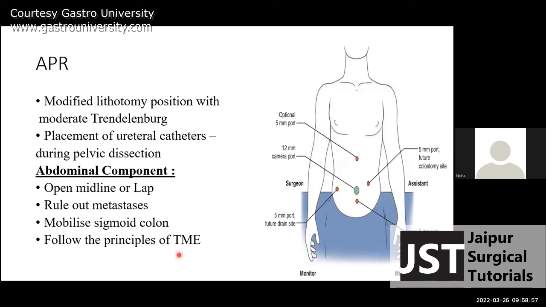So just for completion purposes, the important steps of the APR remain: the patient in lithotomy position. We can place ureteric catheters to identify the ureter in the pelvic dissection. We can either do an open midline or a laparoscopic procedure, rule out extended metastasis, mobilize the sigmoid colon, follow